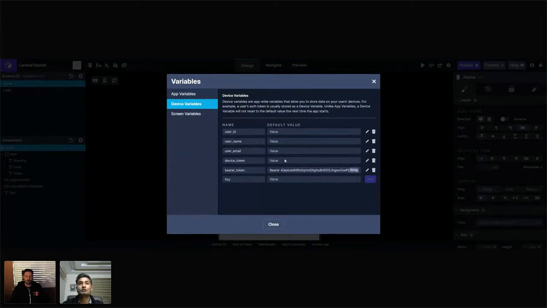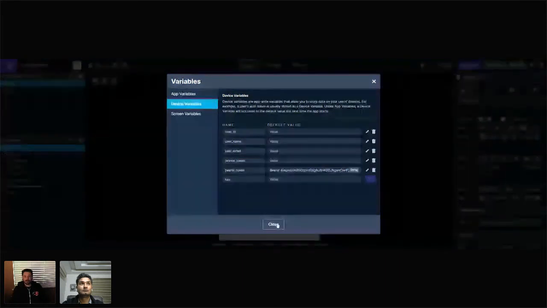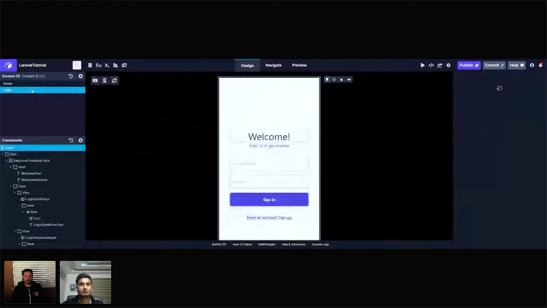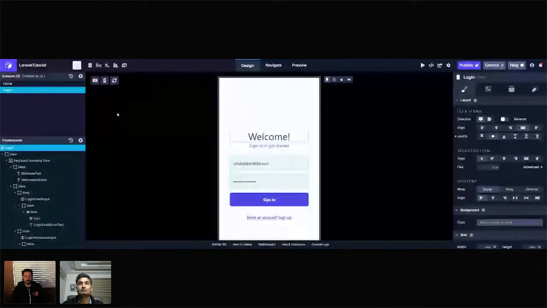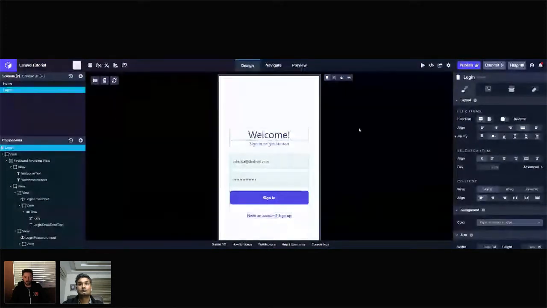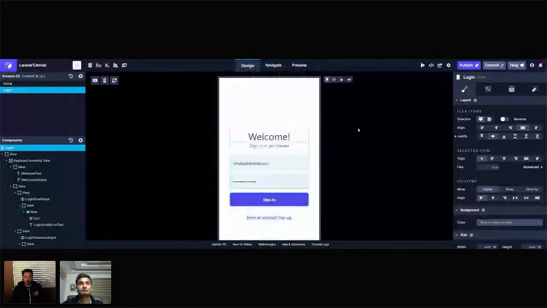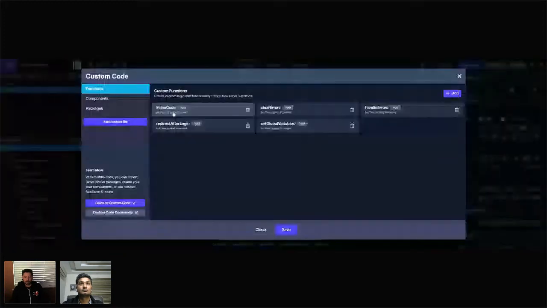And then for the home, the login page is the default page for the app. So when you open the app, it defaults to login, and then there should be some functions on this that check for